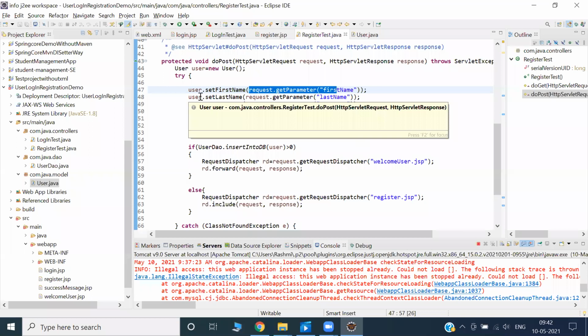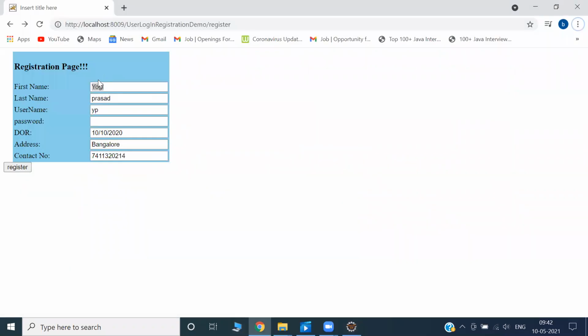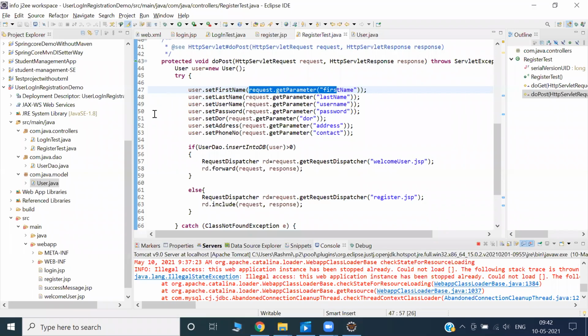Second line, what does user contain? Yogi plus Prasad. As you keep executing line by line, it keeps setting the values one by one, and it is setting them to its own object. Now this object contains so many things. Now what happened next? We'll understand.